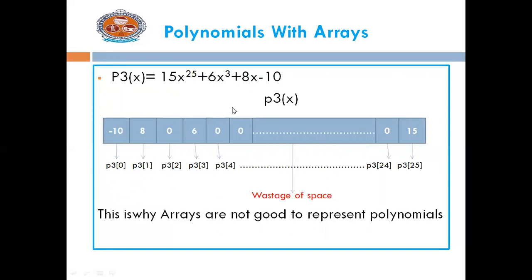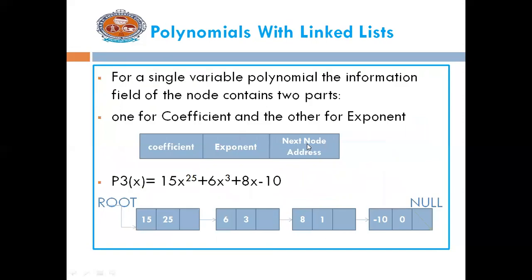Out of the 25 locations, only 4 are used to store valid coefficients because there are only 4 terms. All the remaining locations are filled with zeros. This is why arrays are not good for representing polynomials. In the case of sparse polynomials, there is a wastage of space.